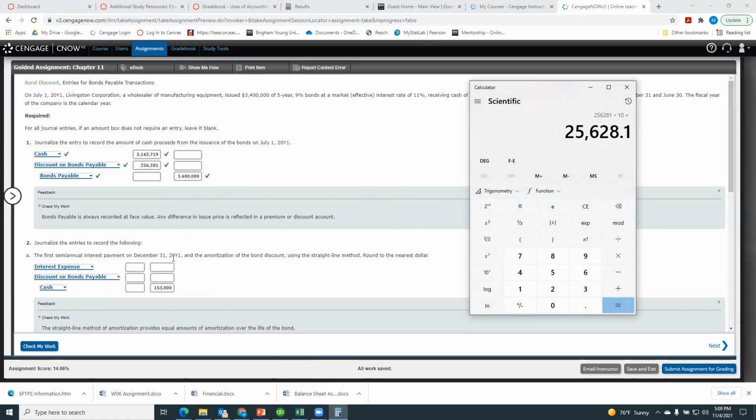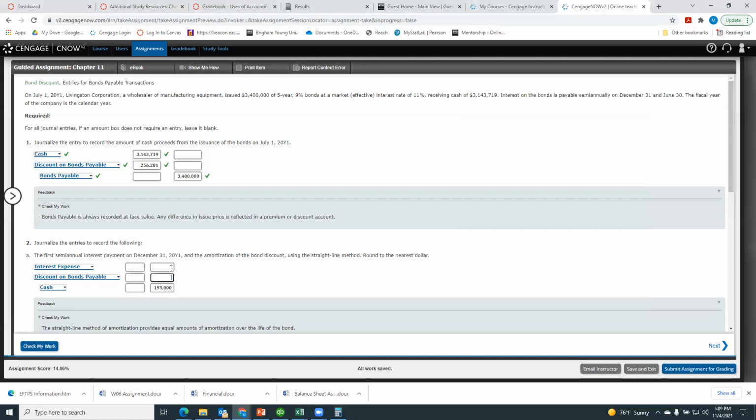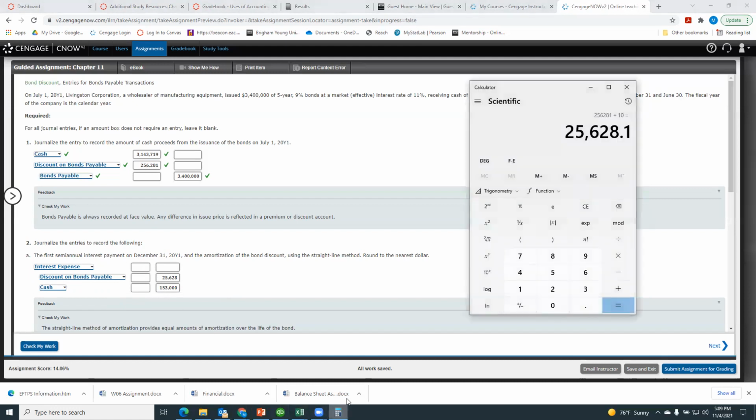Sometimes people get confused, should I debit or credit this? The answer is if my total discount on my initial entry is a debit, then to amortize or reduce the amount of that discount, we're going to credit. So 25,628. And then once I figured out the amount of cash the bond is paying and the amount of discount we're amortizing, the two added up together are the total interest expense on the bond